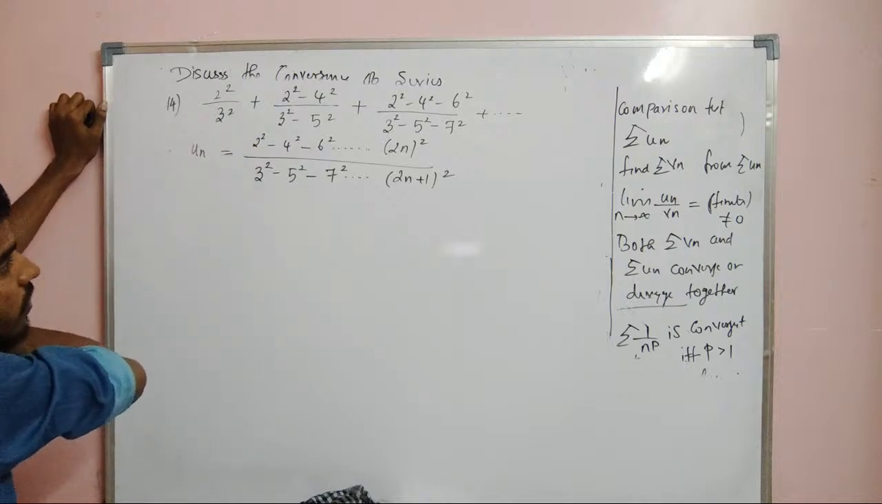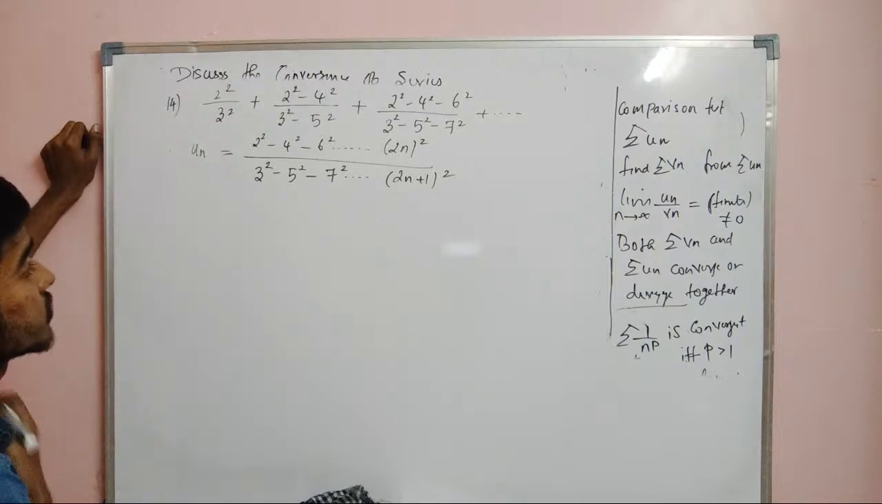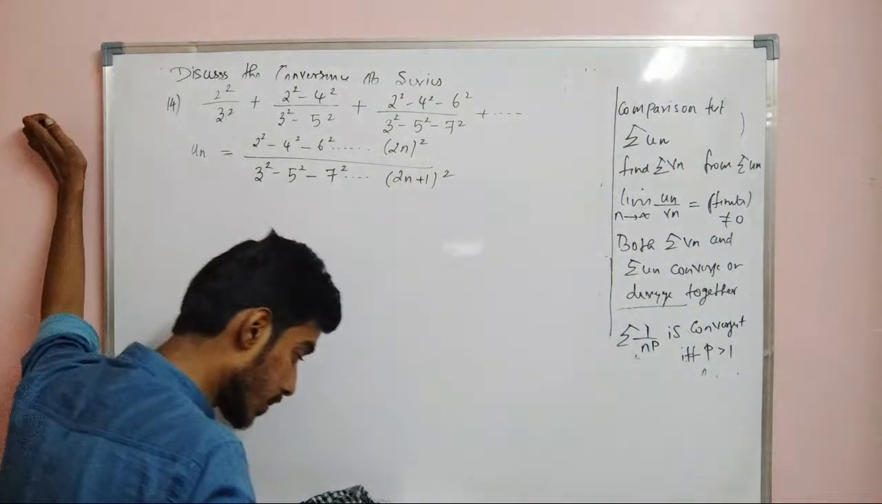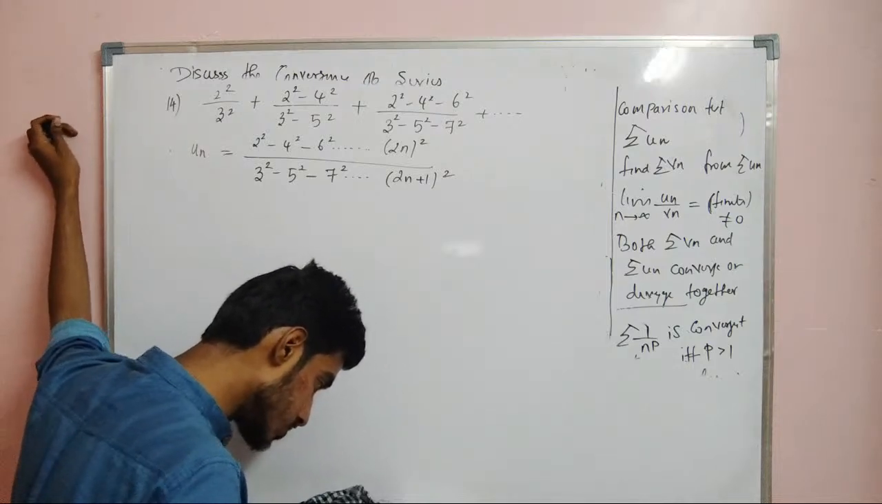We can approach the same series by any test. So 2 square minus 4 square minus 6 square by 2n square divided by 3 square minus 5 square by 7 square up to x. Now what I am going to do is I am going to write this as